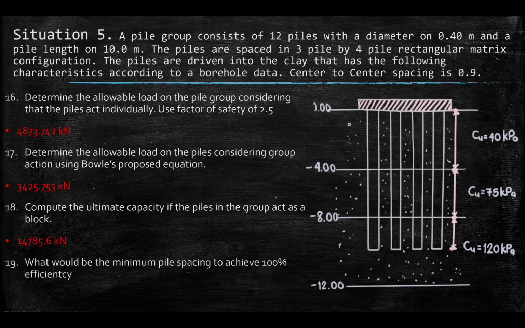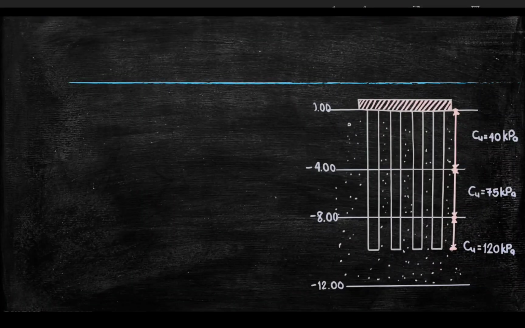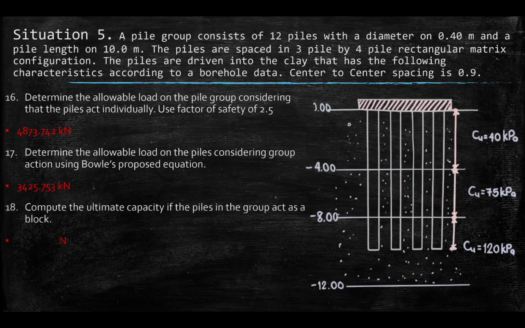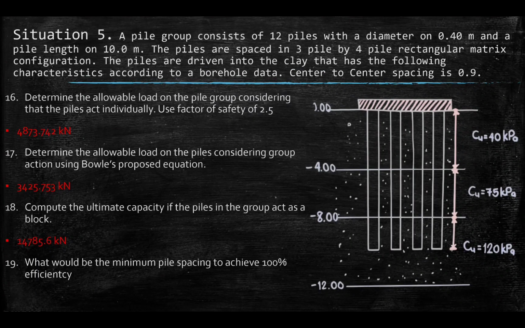Next, for our final question for this topic, number 16. What would be the minimum pile spacing to achieve 100% efficiency? My spelling there is wrong again. Since what is given is about spacing and efficiency, we will use the formula by Bose, right? So EG is equal to,